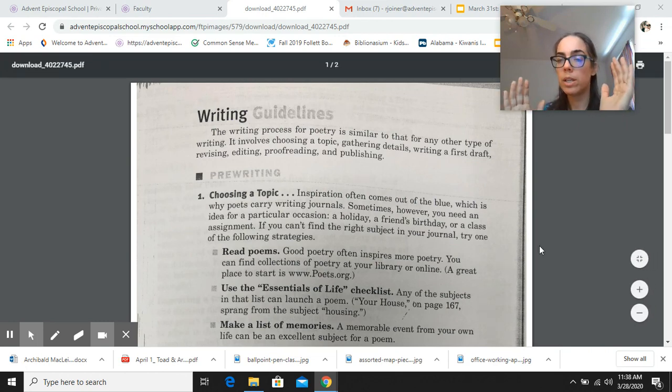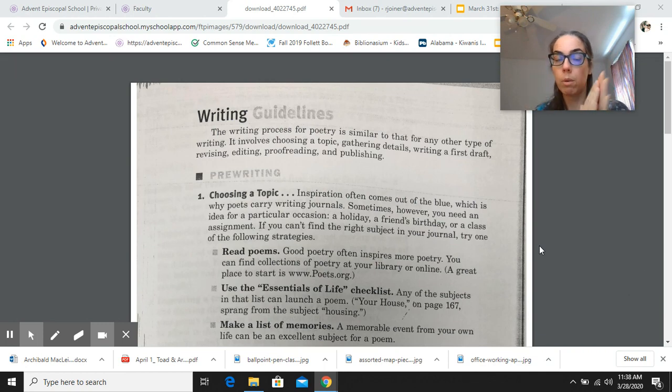So this is just like the writing process we talked about: the pre-writing and the drafting and the, why can't I use the word revising, and the editing and then the publishing, right? This is similar, almost the same.